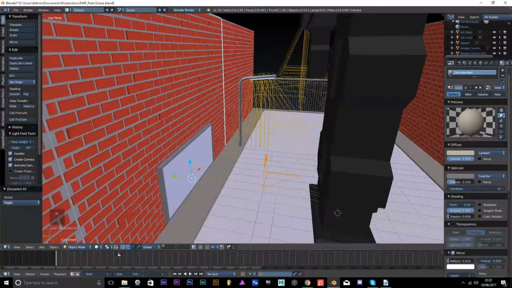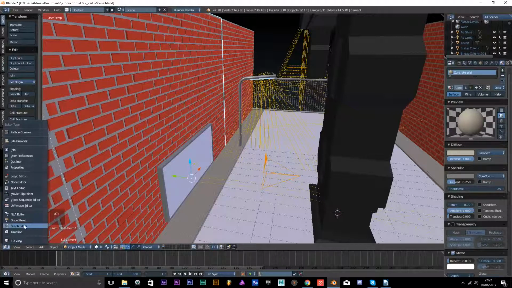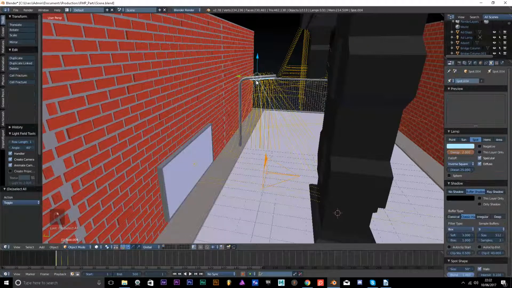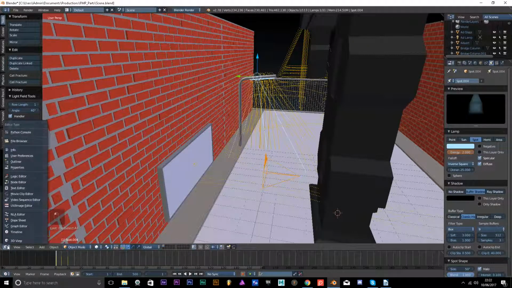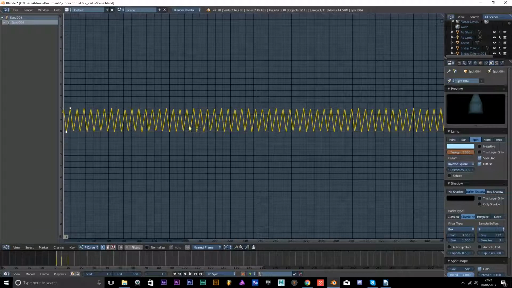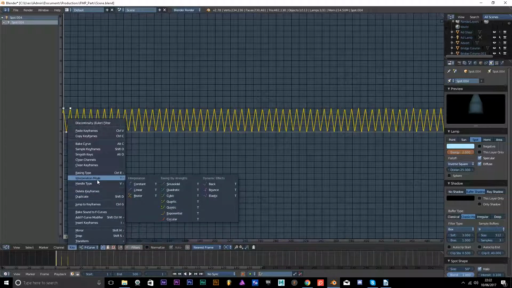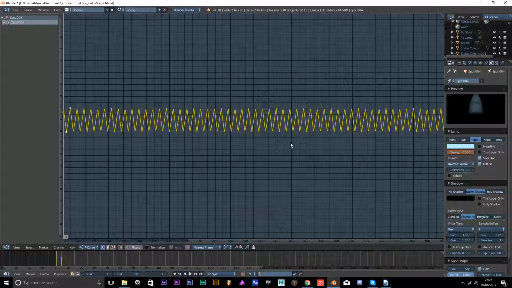And I also demonstrated in the last video the graph editor, which if I go back to my 3D view and click on one of these spot lamps, go in my graph editor, you can see these lines. How I made these lines was I went to my key and went to interpolation mode, and I changed it from constant to linear, which means that it keeps the thing at the same velocity or speed, instead of slow in and slow out. It's pretty much just the same speed throughout. It doesn't slow down or speed up, it stays the same.